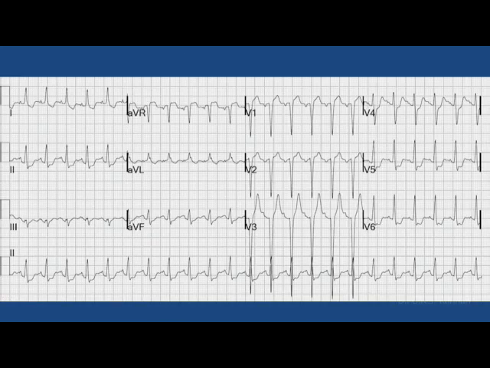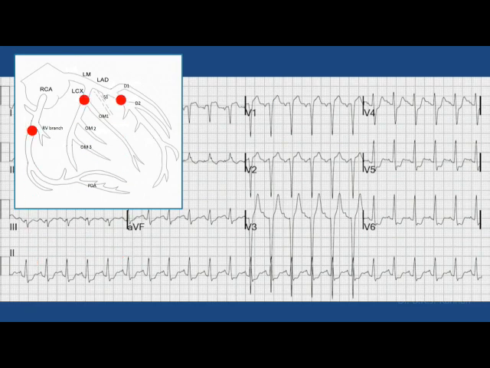Okay, see another example again, ST depression everywhere, ST elevation in AVR and V1. Actually this patient had multivessel disease, that is, he had lesions in all the three vessels. So whenever you have ST depression in multiple leads except in AVR and V1, and AVR and V1 are showing ST elevation, that means it could be either left main coronary artery disease, or ostioproximal LAD disease, or multivessel disease.